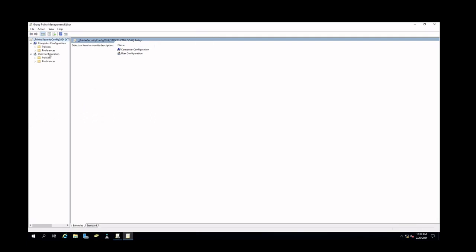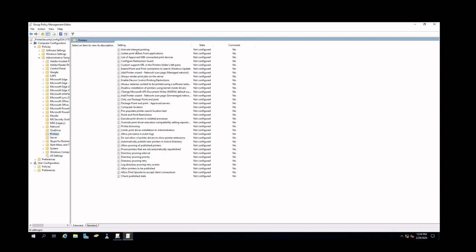Okay, so now that we're in the editor, the easiest way to get to these printer configuration or security configuration is just to go to the computer configuration, to policies, to administrative templates, and then printers. Now on the right hand side, you're going to have a series of configuration options that are available. And those configuration options are going to be what you're going to set for the security of your print services. This gives your users the ability to actually install drivers, users the ability to install the printers, or printers to install automatically through the policy